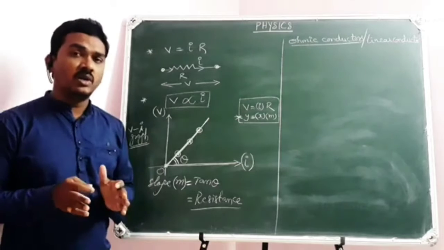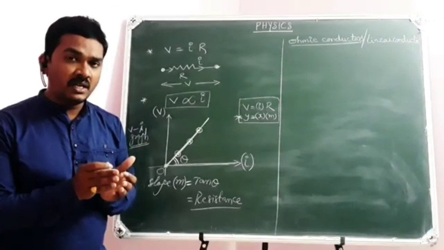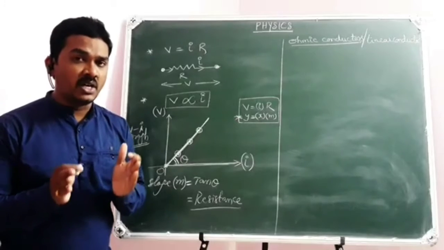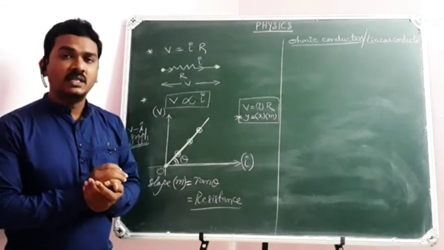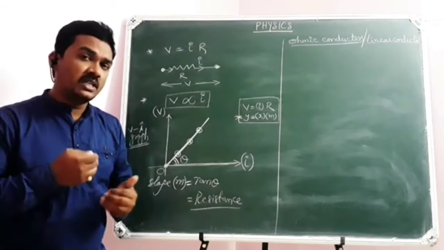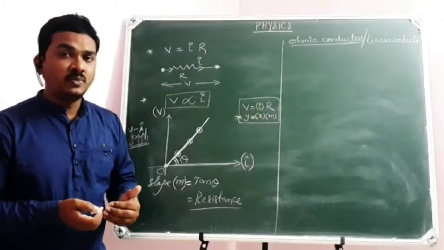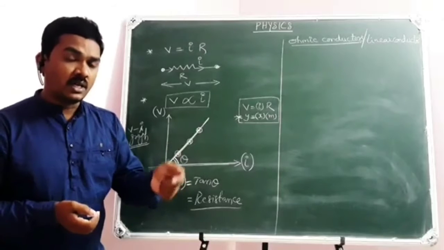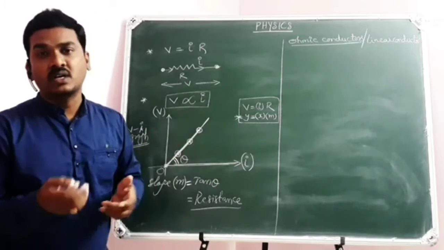But at the same time, I have told you about semiconductors. Do you remember? Semiconductors are the materials that act as insulators under normal room temperature conditions. But once they are being heated up, those insulators can act as good conductors on raising the temperature. Which materials? Semiconductors are the materials that are insulators at room temperature, but on heating, they become good conductors.